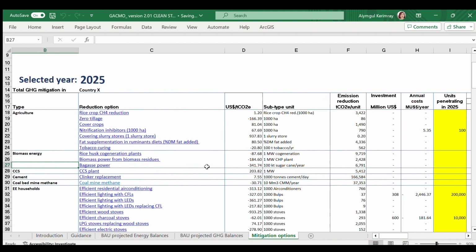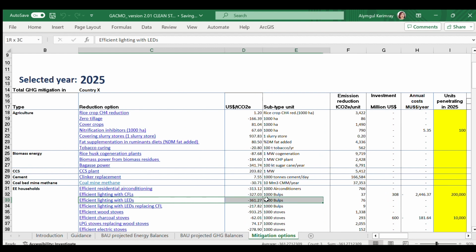For example, let's consider the case of efficient lighting with LEDs. In the column E, the unit for this mitigation option is 1000 bulbs.